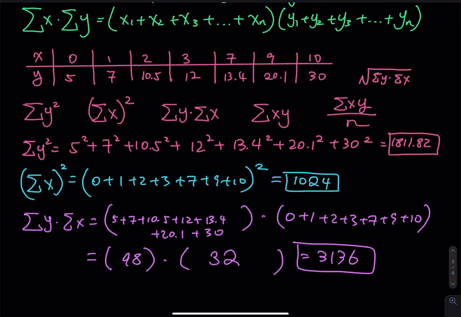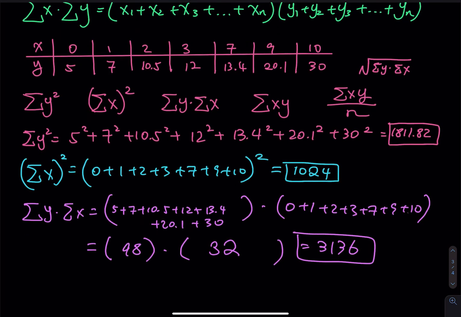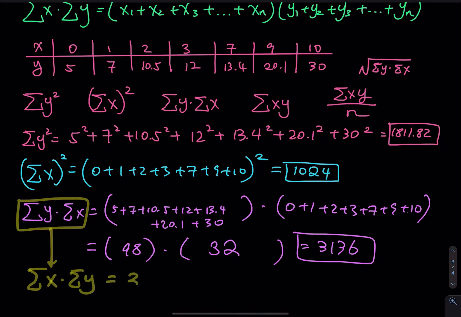I have to tell you this is the same thing as the sum of x times the sum of y. The sum of x is 32, the sum of y is 98, so that is equal to 3136. So you can switch the order because a times b is equal to b times a,